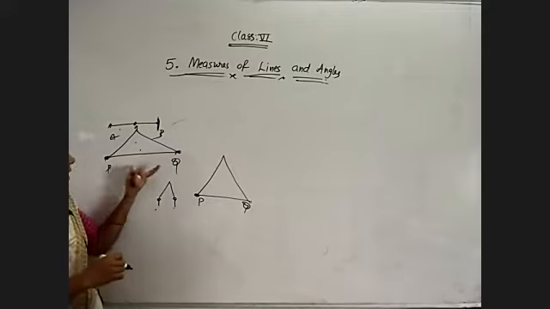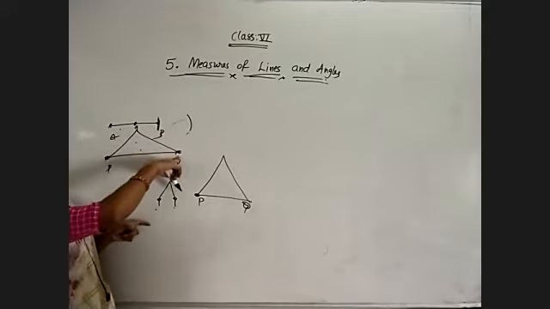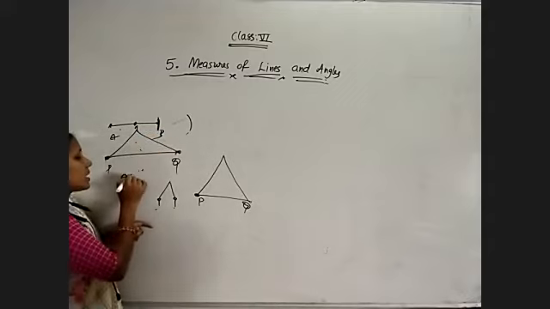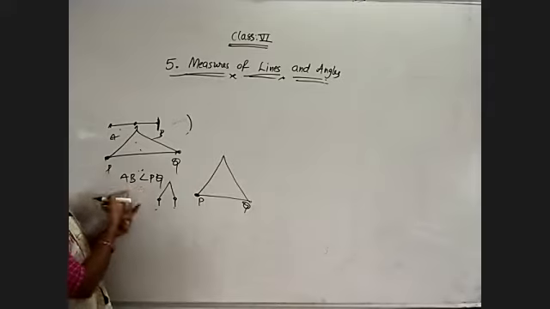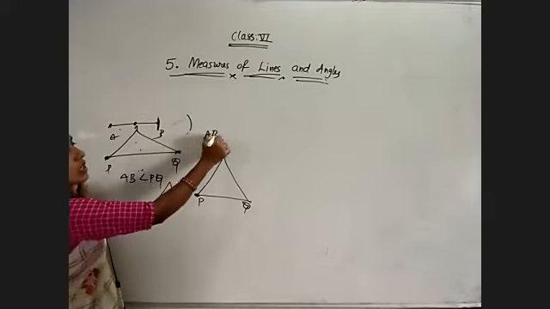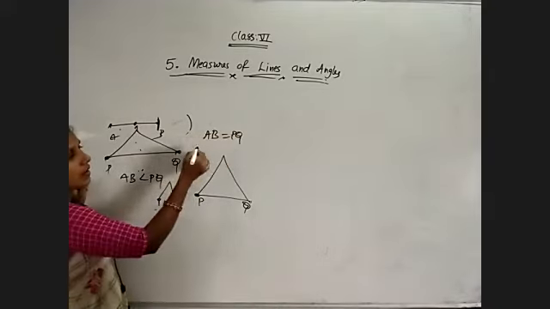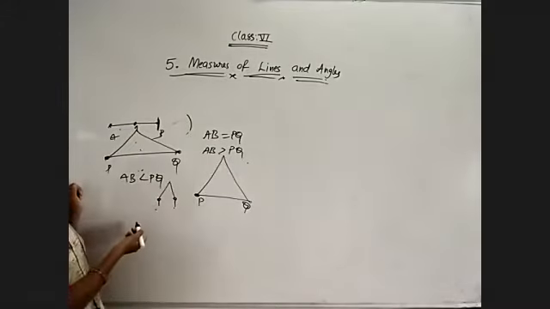So here PQ is more, so it is out of that line, we will get it outside. So AB is less than PQ. Yes, we just compared by using the divider. Otherwise, if both are equal, then AB is equal to PQ. Otherwise, AB is more than PQ. These three possibilities only we will get.